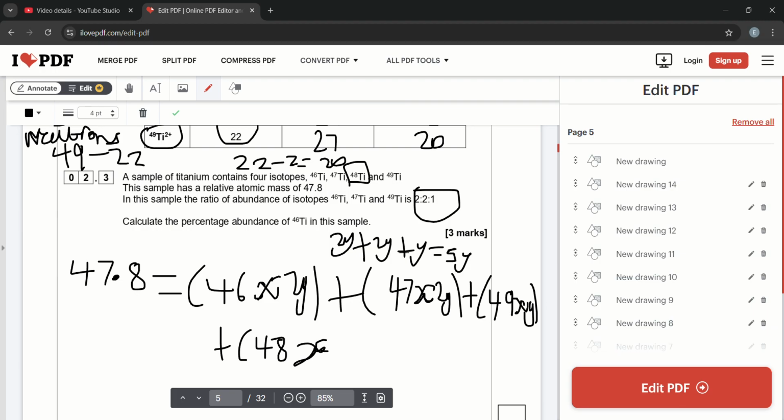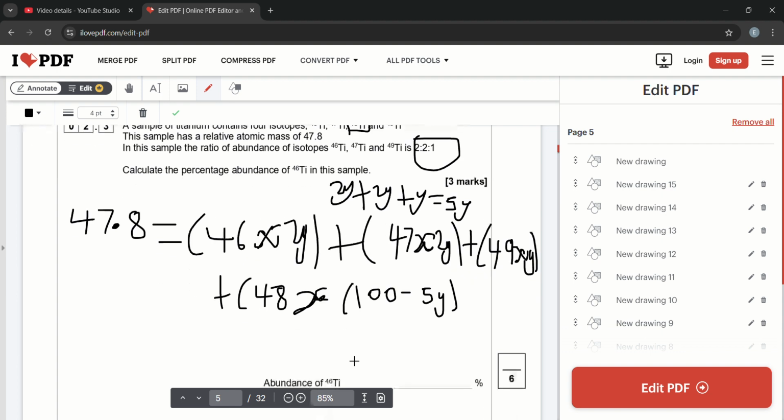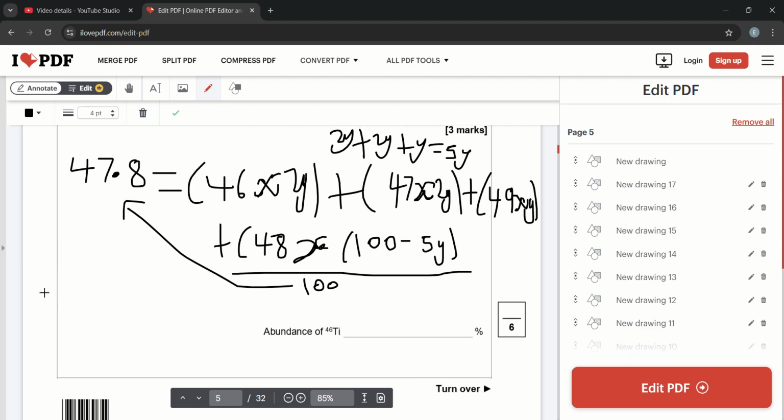So what we can say is 48 times by 100 minus 5y. Same for loads of these type of questions. 100 minus the number of x's and the number of y's you've got to find the final one, over 100, and then now we can easily find 46 Ti. We just need to rearrange. Move this to the left hand side, so we get